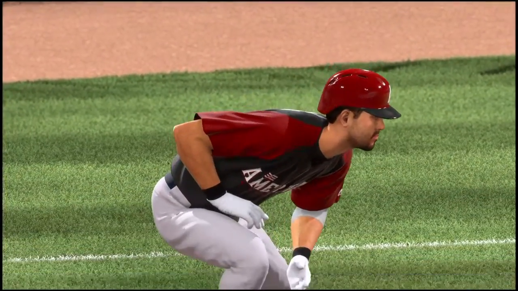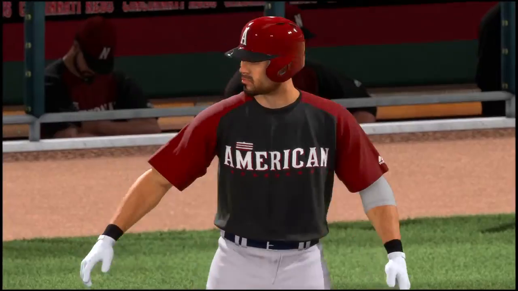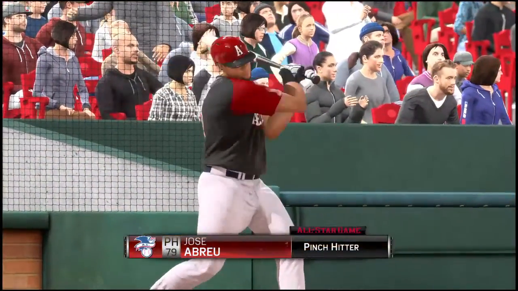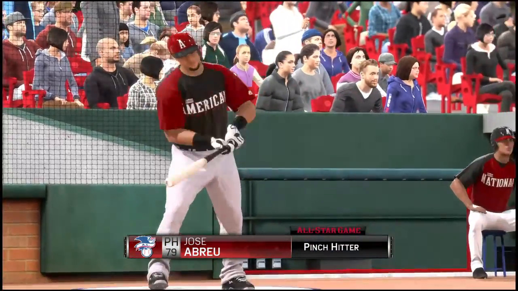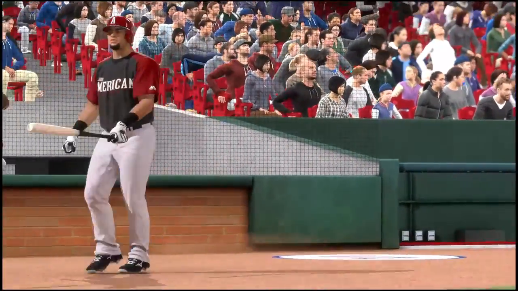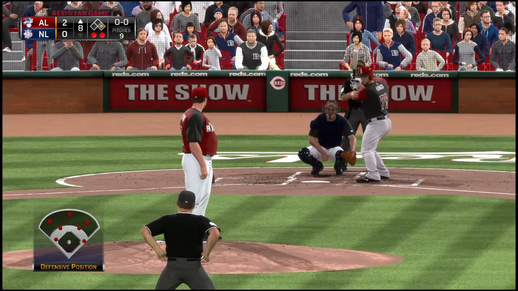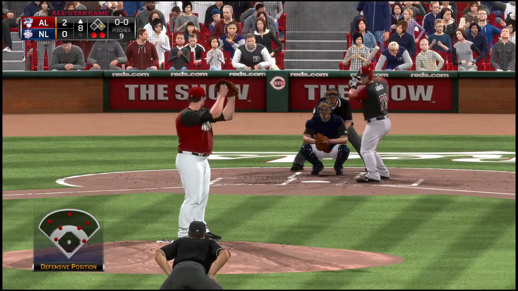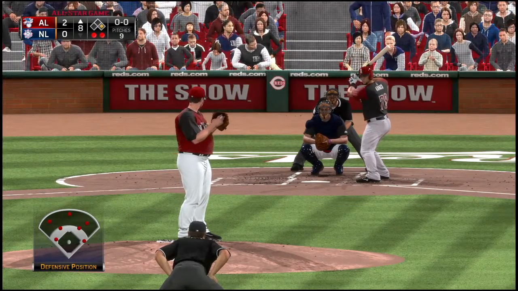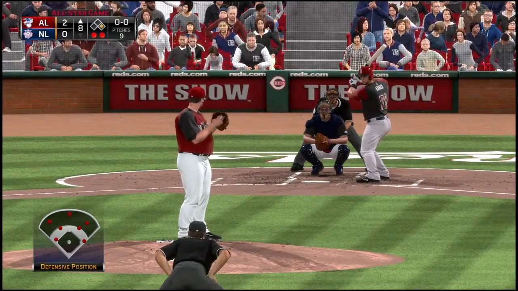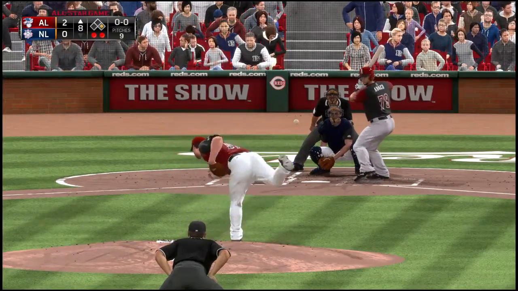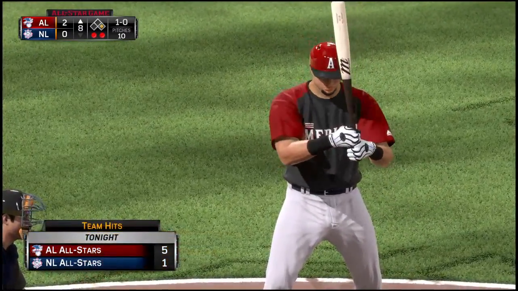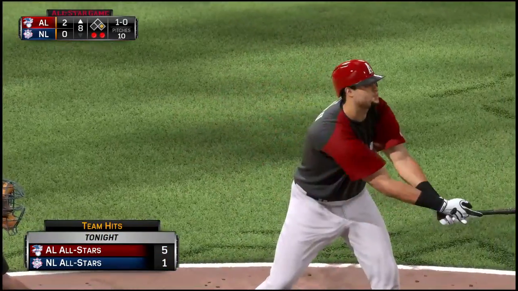The first baseman, number 24, Miguel Cabrera. Jose Abreu will look for some 2-out magic here as he'll pinch hit with 2 gone and a runner at first. Jose Abreu. Lays off, 1-0. A look here at the hits per side here in the late going.